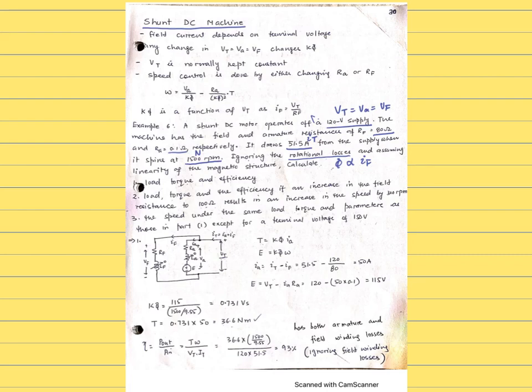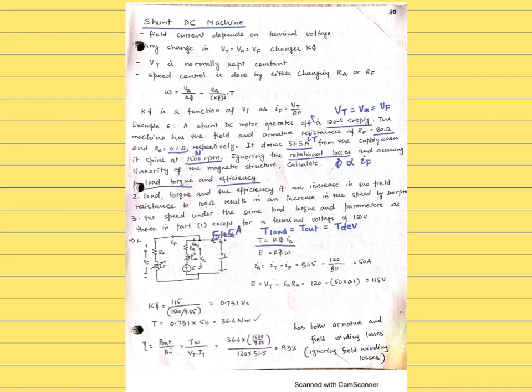First, we need to calculate the load torque and the efficiency. Since in this case the rotational losses are ignored, the output torque is going to be the same as the developed torque. And that's going to use the equation T equals K phi IA. So that will be the equation used to calculate the torque. In that equation, we need the current IA, which is not given in fact, but we have a way to calculate IA because we know this current as being